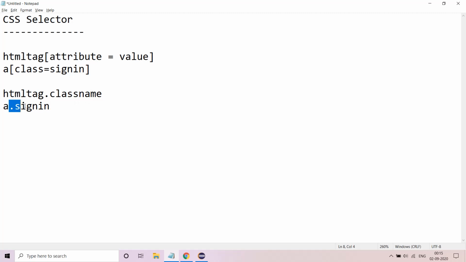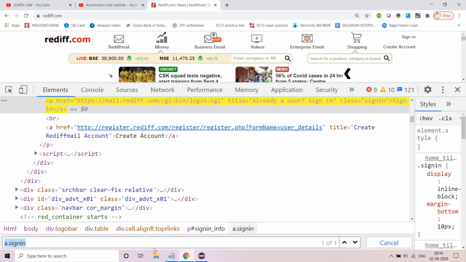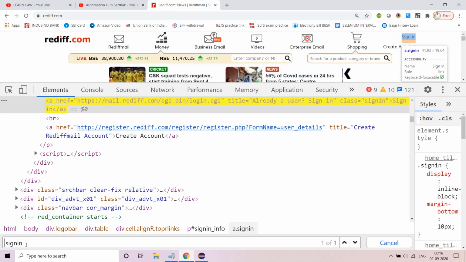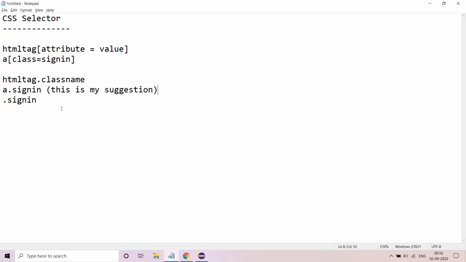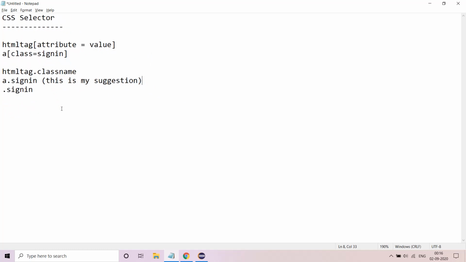You can directly write dot class name, but you have to be careful whether that thing is making it 1 of 1 or not, whether it is unique or not. So you can remove this and you can just write a dot sign in. This also will work fine, but then again you have to be careful. You have to see whether it is actually making it 1 of 1 or not. I suggest, you can choose whatever you want to, but I'll still suggest that go via HTML tag dot class name.